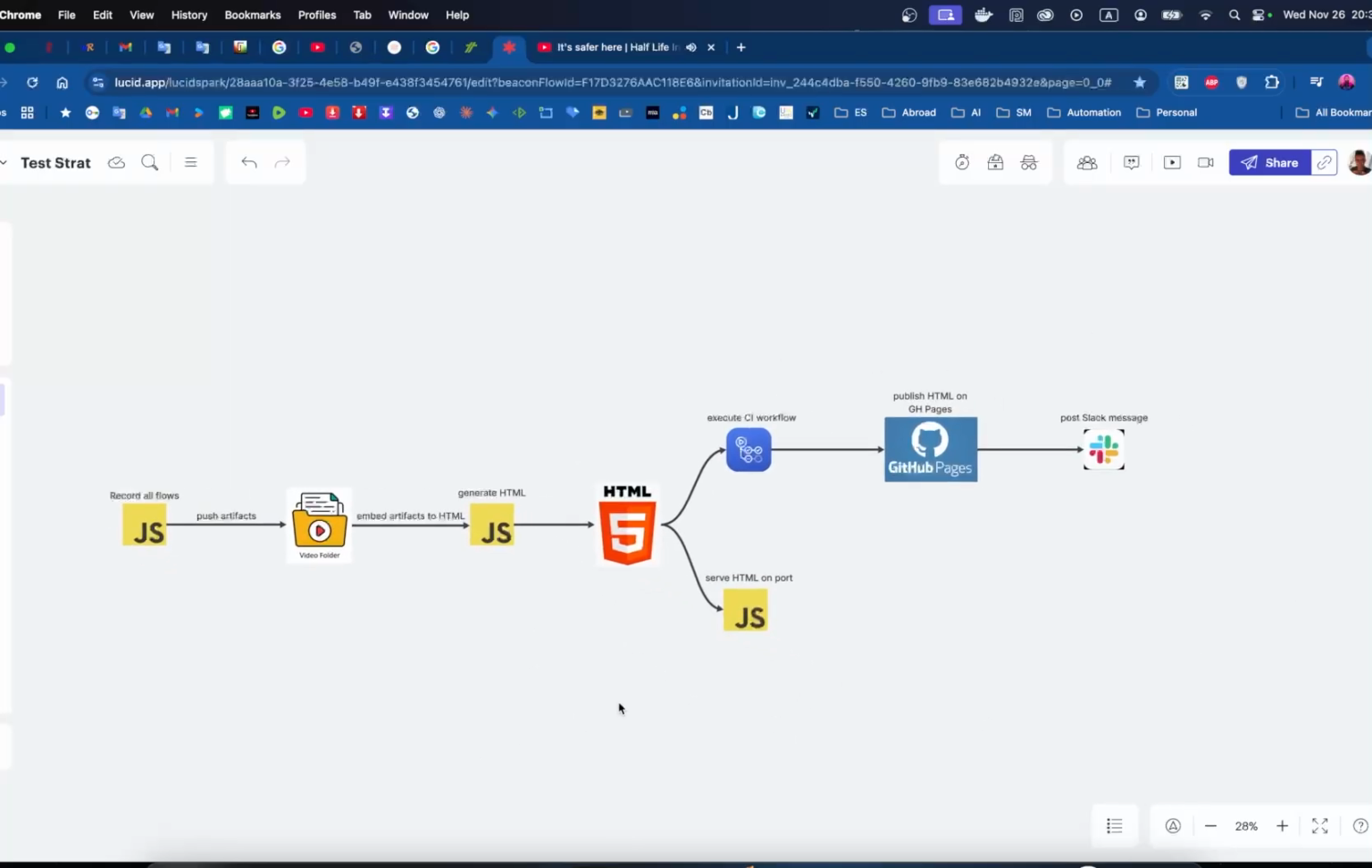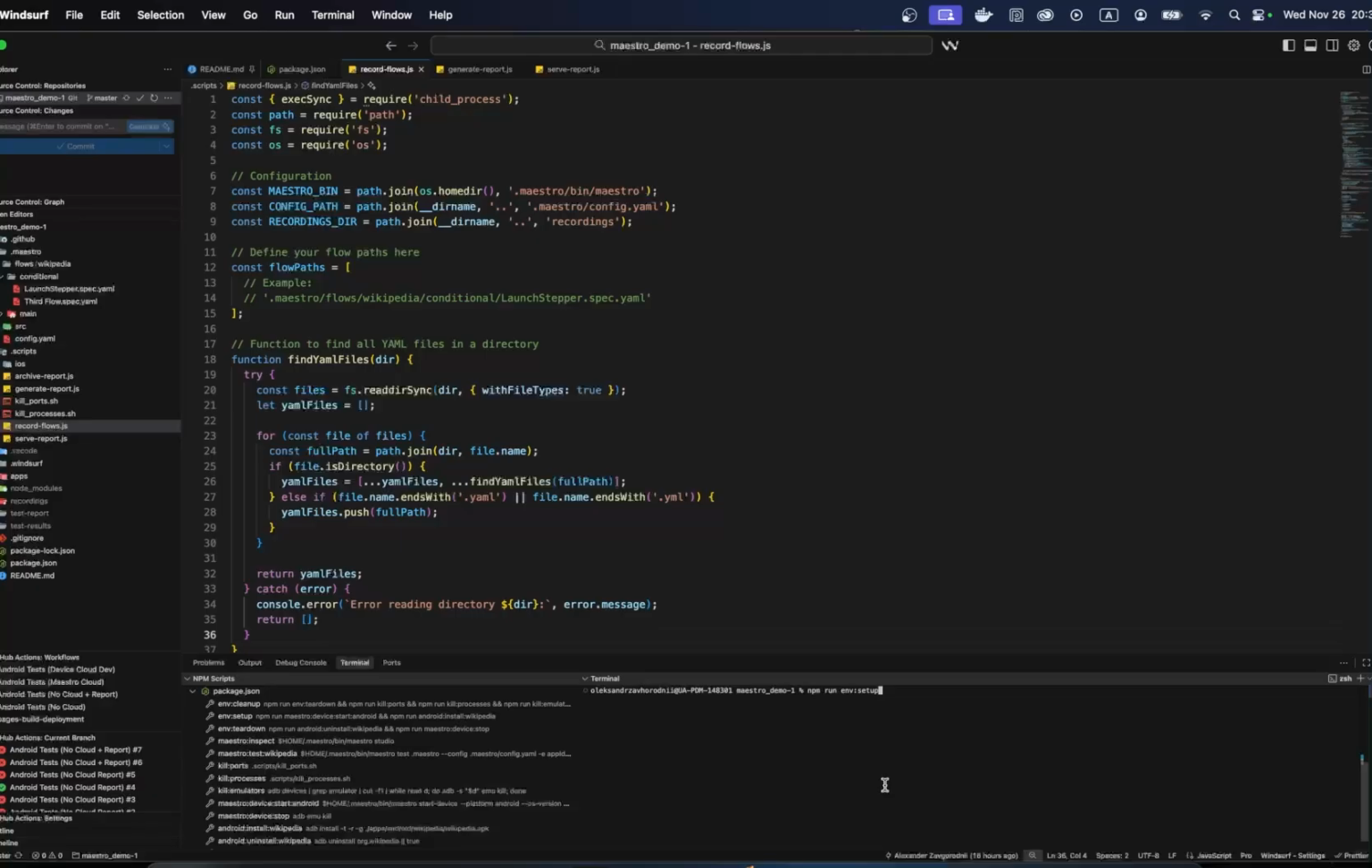Not looking pretty complicated, right? So let's switch to our IDE. Okay, let me start the environment first. We're gonna need to boot our emulator and install Wikipedia onto that emulator. So let's do that, and just wait a tiny little bit for it to start and actually install the